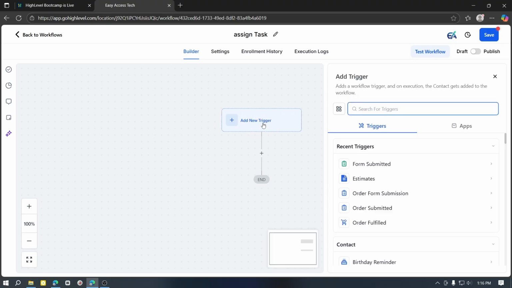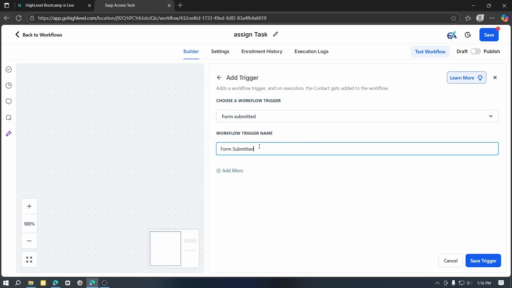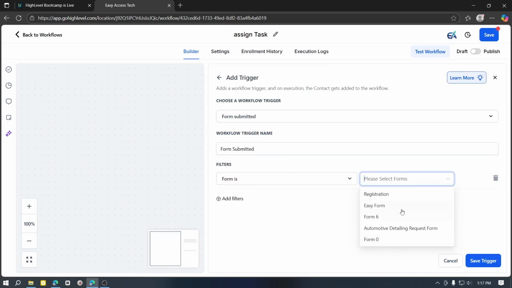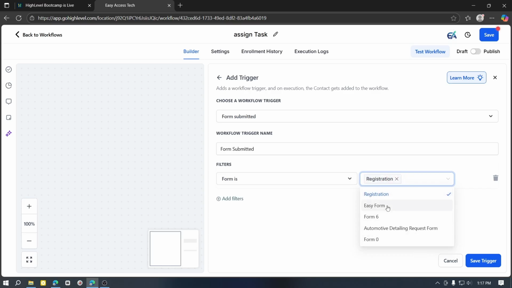Now you have to set a trigger as the form submitted or the pipeline stage change, anything which one you want to add as a trigger. So I will go with this form submitted and I will select this form, like only this form, the registration form, then just click on this save trigger,